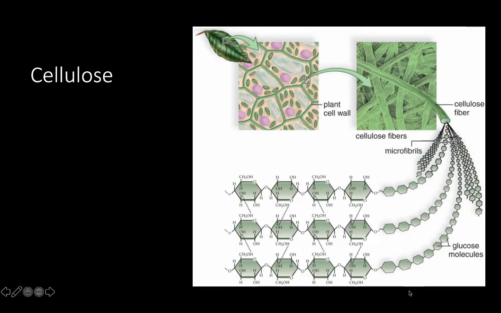Plants will also take glucose and polymerize it into long, straight chains that are tightly packed to build strong walls for structural support, called cellulose. Unlike starch and glycogen, humans are missing the enzyme to digest cellulose, but we still eat it as a part of our healthy diet because it keeps our stool soft and acts like a digestive tract scrubber as it moves